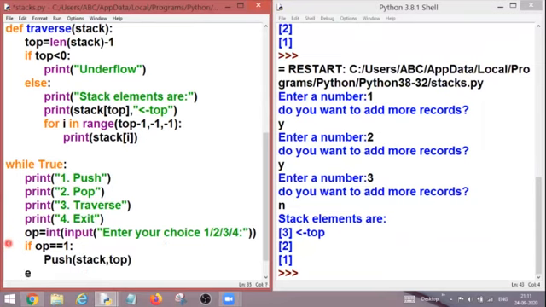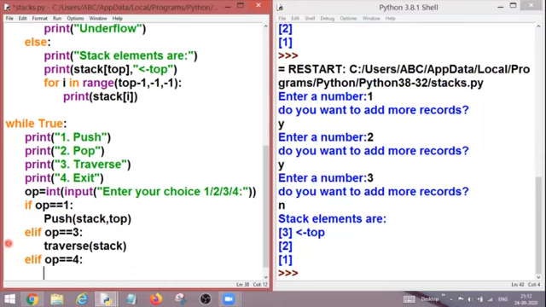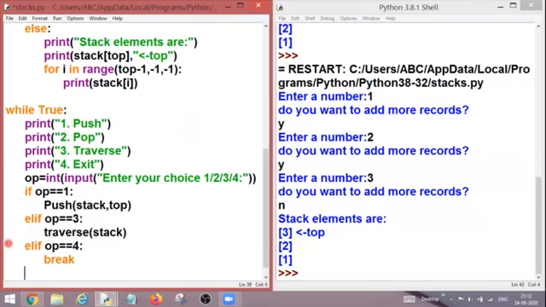And then elif option is equal to 3, then I'm going to call this traverse. And then elif option is equal to 4, then I'm going to write exit. In place of exit, we can write break also. And my menu-driven program is completed according to my two functions.